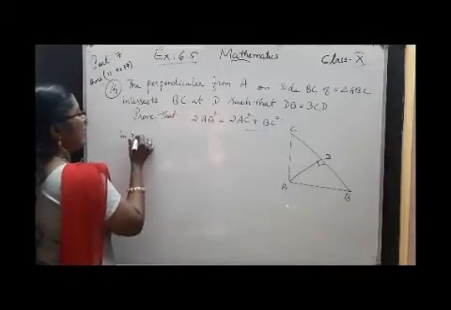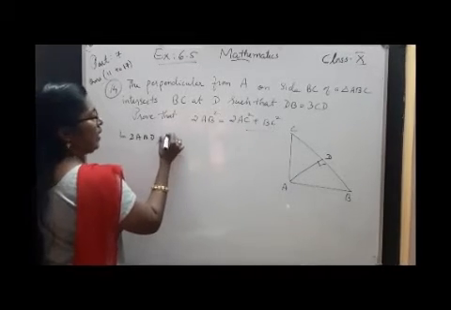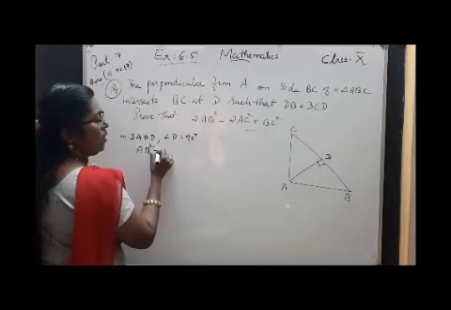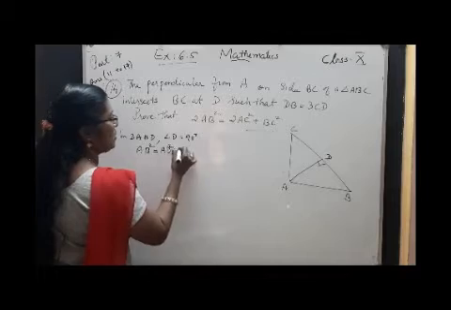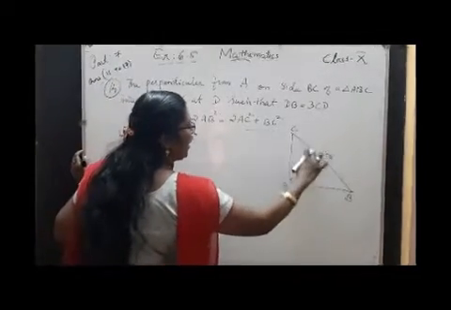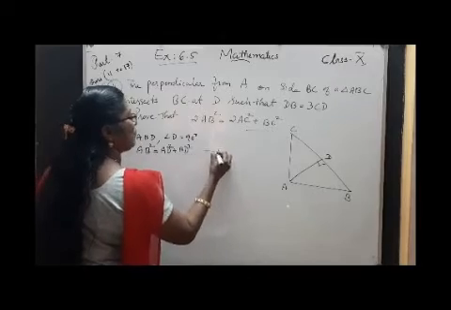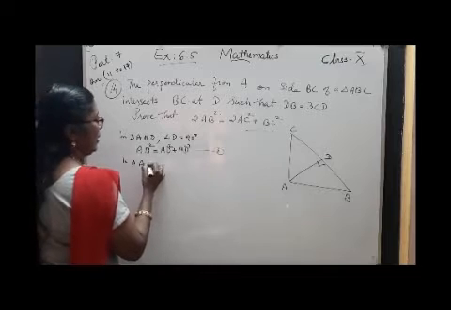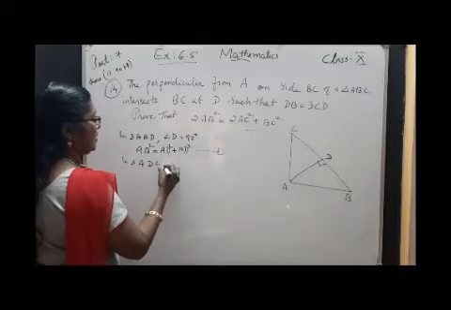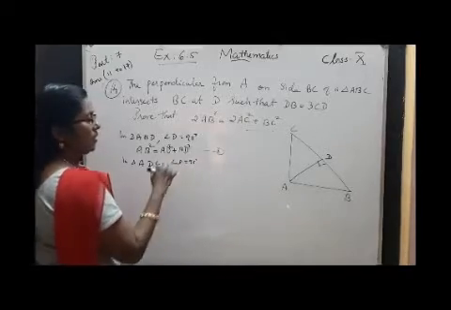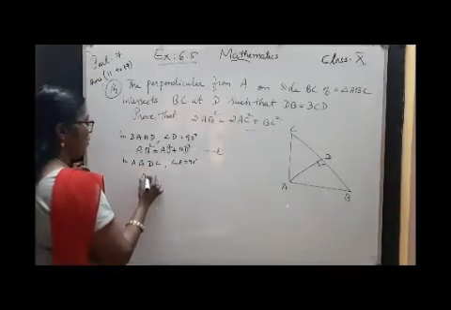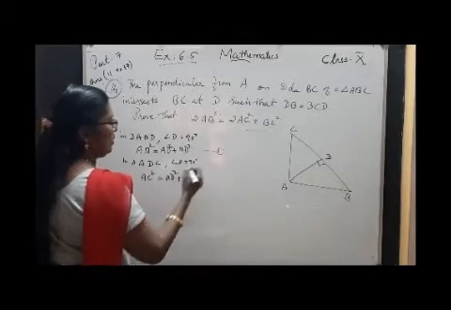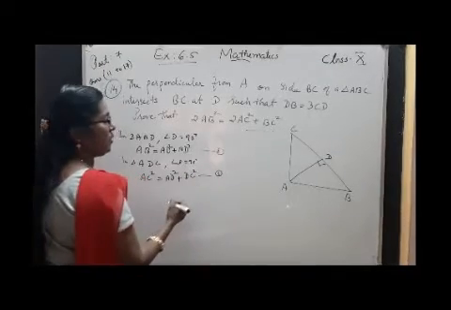So in triangle ABD, angle D equal 90 degrees. AB square equal AD square plus BD square, equation number 1. Then in the other triangle, the upper triangle ADC, angle D equal 90 degrees, right angle triangle. This is the hypotenuse, so we can write AC square equal AD square plus DC square, that is equation number 2.